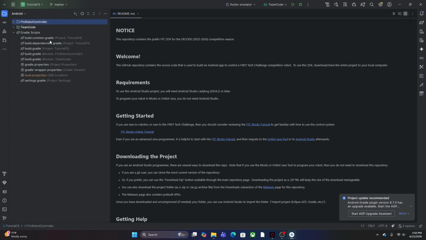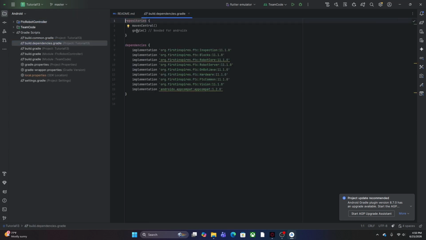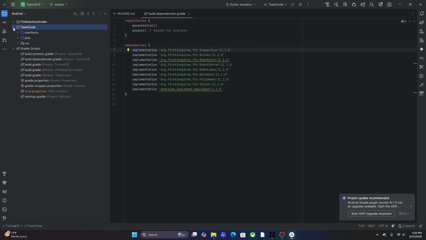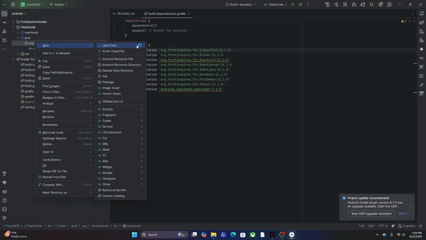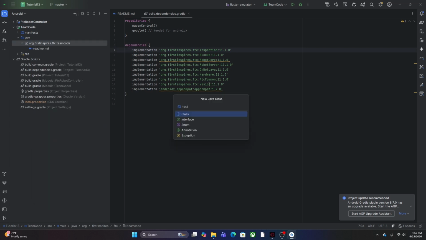So for example, if we go to the Gradle and look here, how it works is it looks into these repositories that we give it. And then it looks for these specific versions of these libraries, and then it downloads them automatically. And this is really useful because I'm sure you've heard how developers complain that their code works on their device, but not on anyone else's. So Gradle helps prevent that. So once the Gradle has been synced, you should be good with those libraries, and you can add code in this team code subfolder.